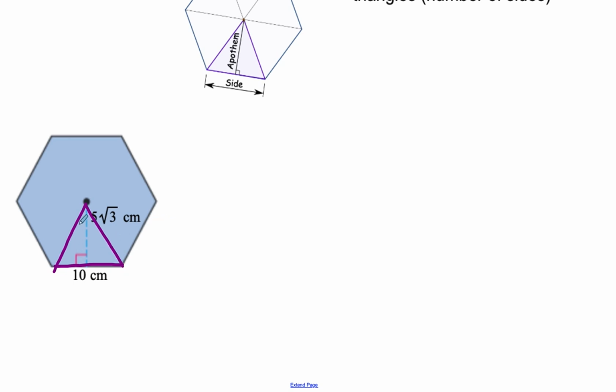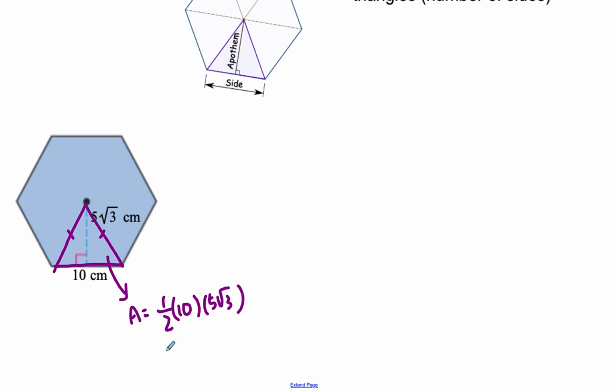So I could draw an isosceles triangle, right? In which this side and that side are congruent. And we know that the height here is given to you as 5 square root of 3. So we can find the area of this triangle. This triangle's area is 1/2 times base times height,